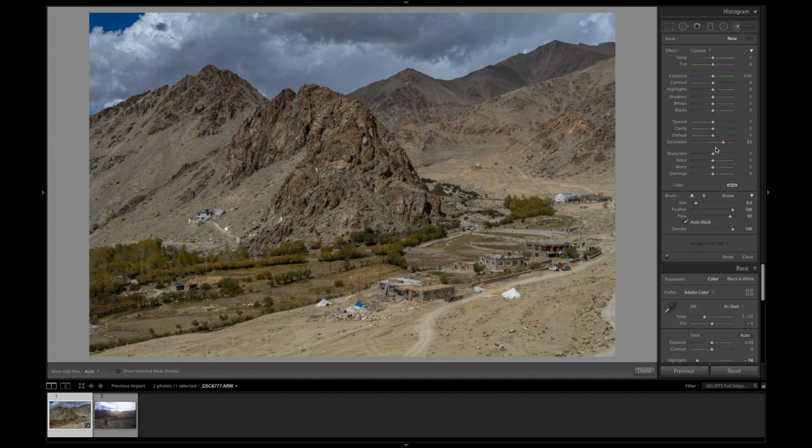Once you hit the brush button, your slider panel will open. Now check that all these sliders should be at 0. If not, then double click the effect key in the same panel to keep all the sliders at 0. Now we will be painting with exposure, clarity and texture on the specific part of an image to create depth. So we are done with this tool.